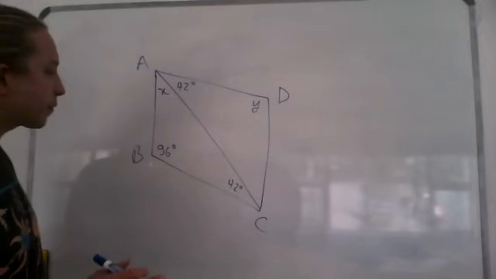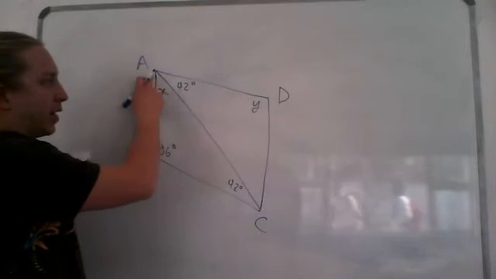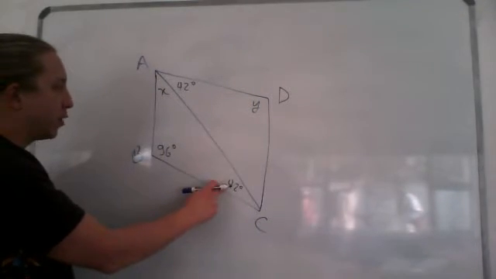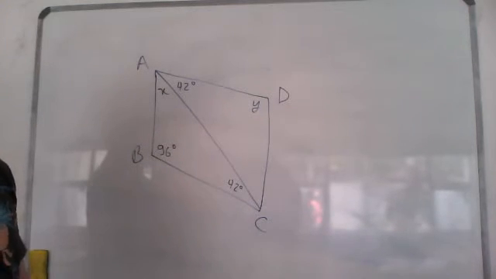What we notice here is that we have a Z forming over here, and we have an angle of 42 degrees and another angle of 42 degrees. So that means that